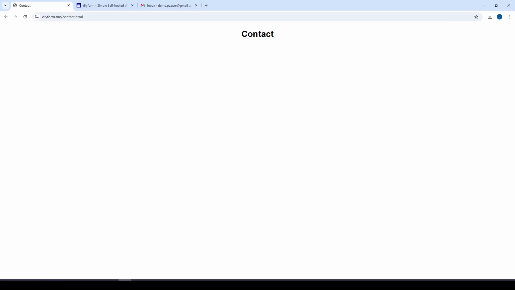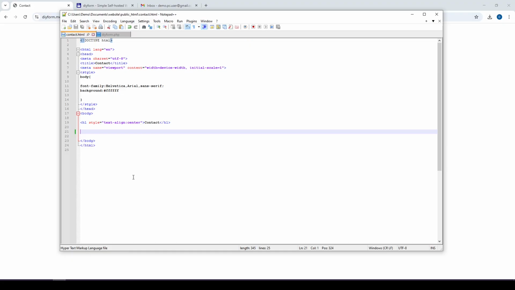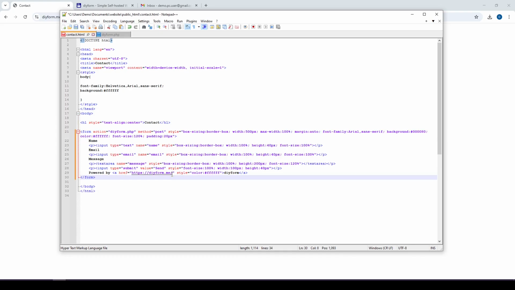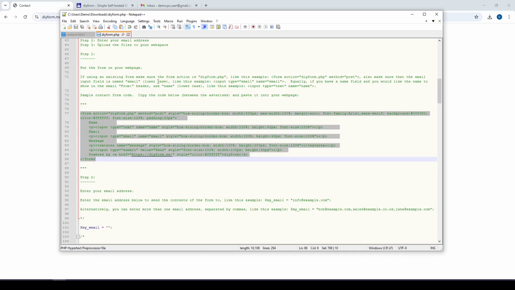We want the form to appear underneath this contact heading. So we go into the web page, there's our contact heading, and we paste in the form code like so. We save the web page, then we go back into the script,